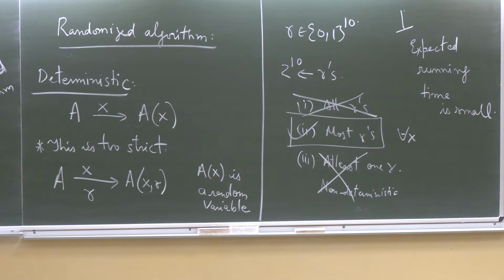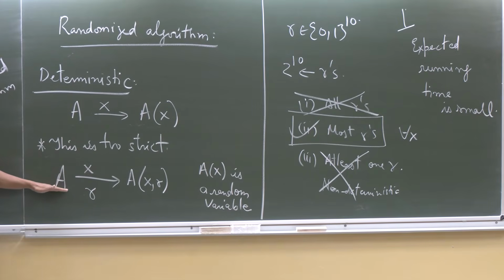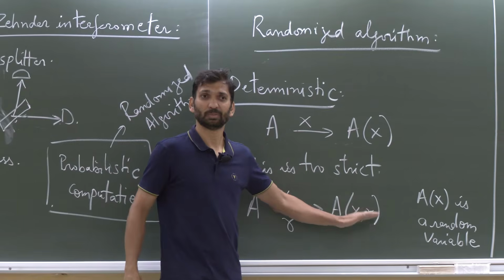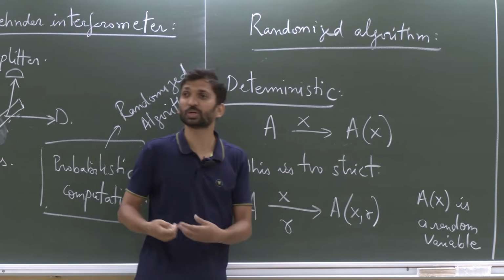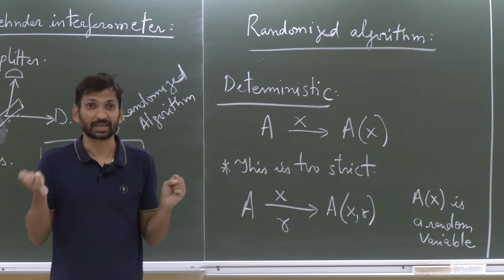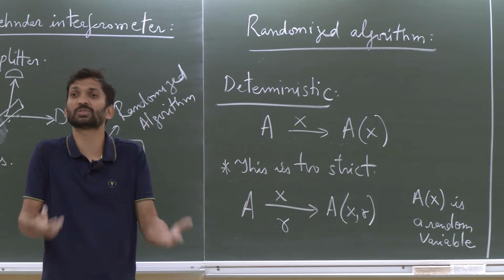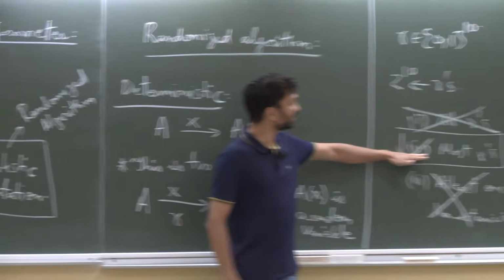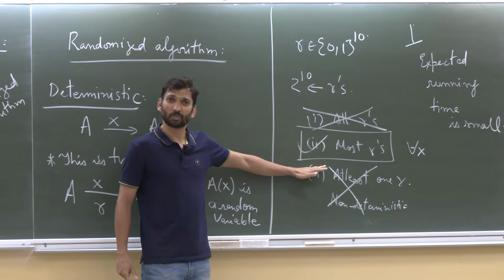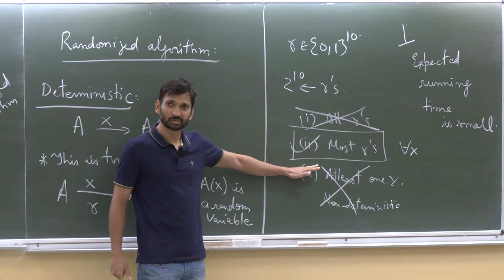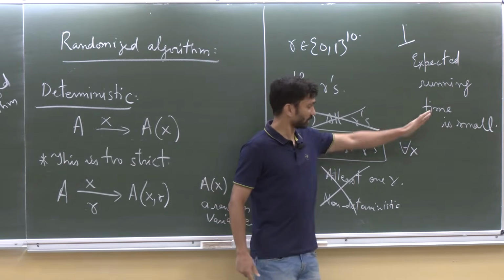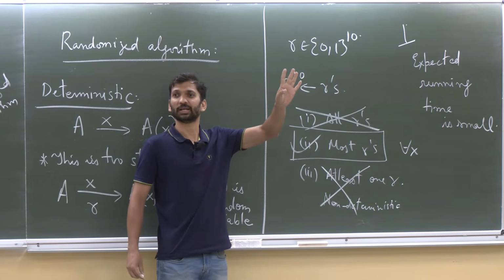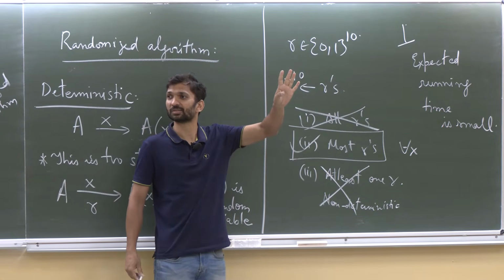Let me revise it once more. When you create randomized algorithms, you say that you have some random choices. But since you have modified your algorithm, you want to give some notion of correctness, or some notion of when these algorithms are useful. There are two notions. One is when we say that our algorithm works for most of the random strings. The other one, and in this case, what is your running time? The worst possible running time over all possible X and R.